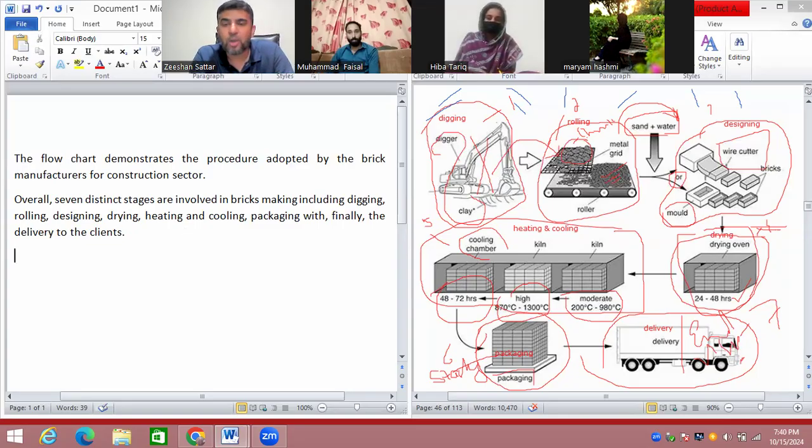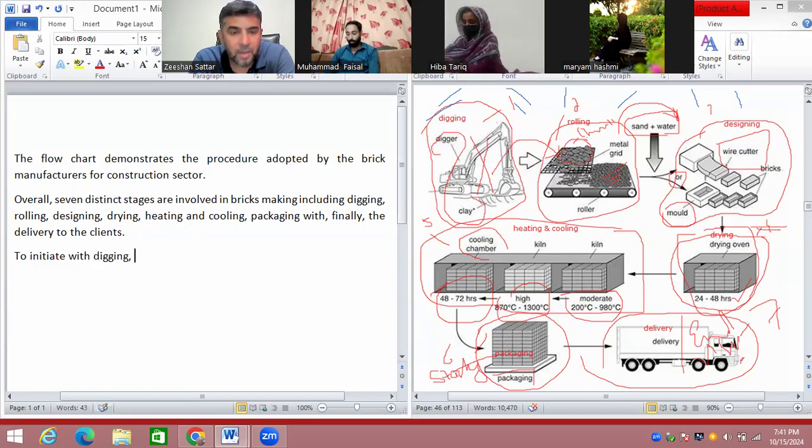Go ahead. So now we are writing the explanation. Now paragraph number 3, and it will contain the explanation of the first 4 stages. And you know this. Whenever we start this paragraph, we start with the words to initiate with or to incept with. To initiate with digging, comma,